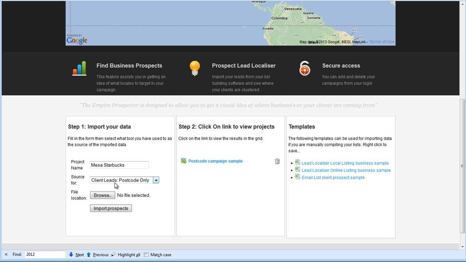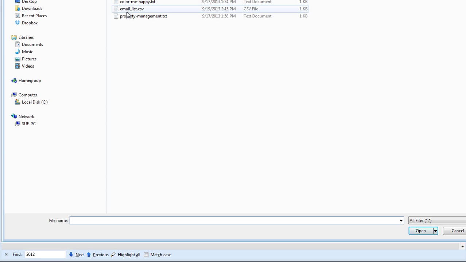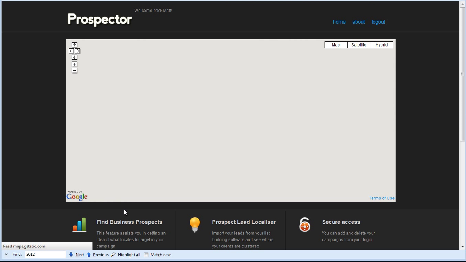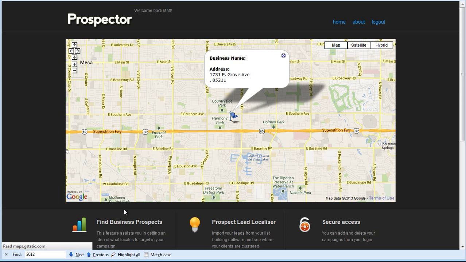The format that I picked for this was an online search format. I'm going to browse for this file. The file was just an email list. That's how I downloaded Matt's original format and just created it. So now I'm going to import it, and it's going to pop up all of the different